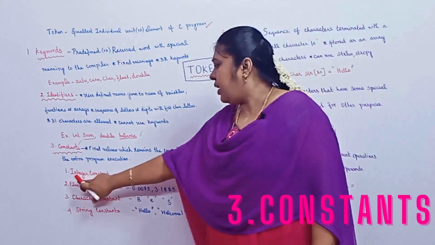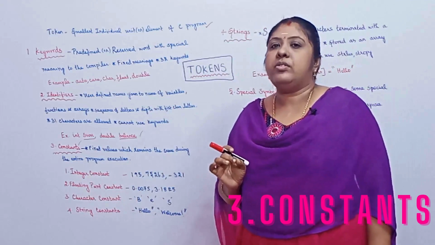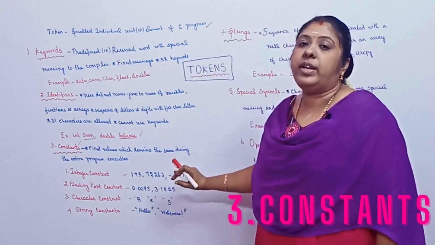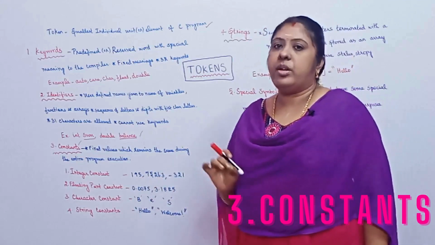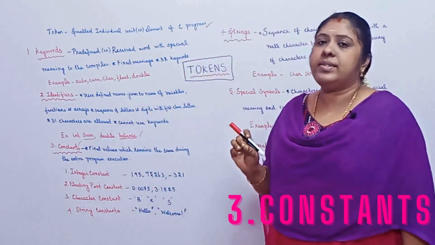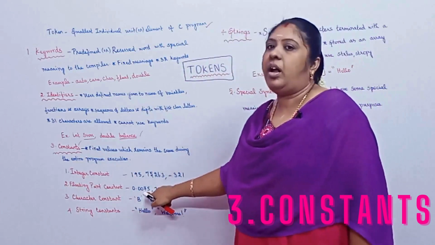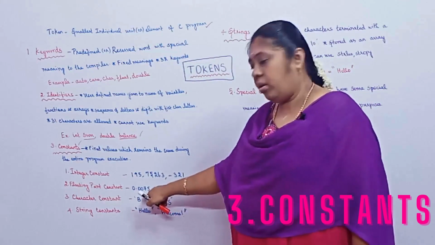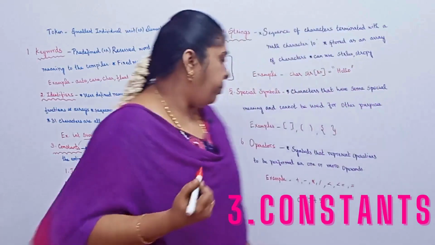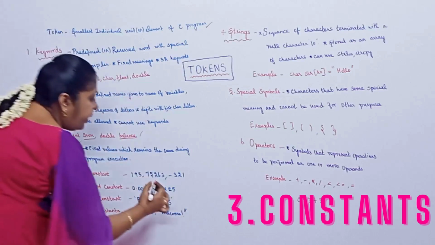Integer constant, as the name suggests, consists of only integer values. It does not have any floating point values, that is, decimal values are not allowed here. Examples: 195, minus 321, etc. It will not contain an exponential part either. Floating point constant, as the name suggests, contains decimal points, for example 0.0075. Decimal points are allowed here. And then 3.18E5. Here this 3.18 is called the mantissa part,